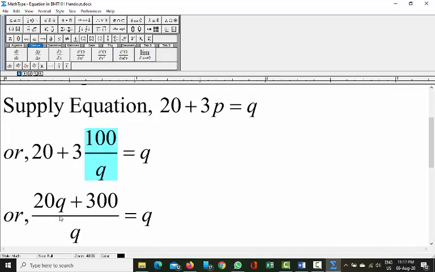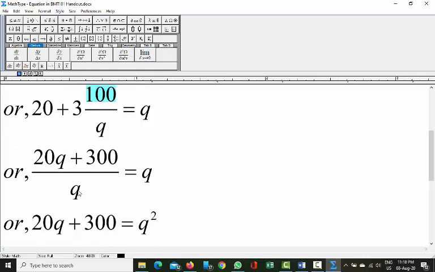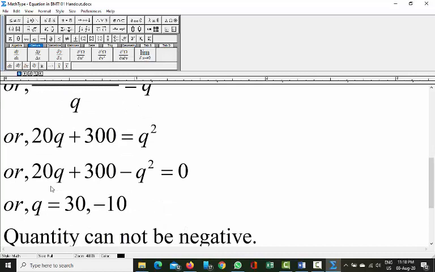Right. So now if you simplify, we have here 3 multiplied by 100. This 3 gets multiplied by this 100, so in the numerator we have 300. Q is the LCM, or in Bengali we call it Loshagu. So Q multiplied by 20 gives 20Q, plus 3 multiplied by 100, that is 300, and on the right hand side we have Q. If you do cross multiplication, Q multiplied by Q gives Q square. So what we have is 20Q plus 300 minus Q square is equal to 0. So this is the equation, and we need to solve it.